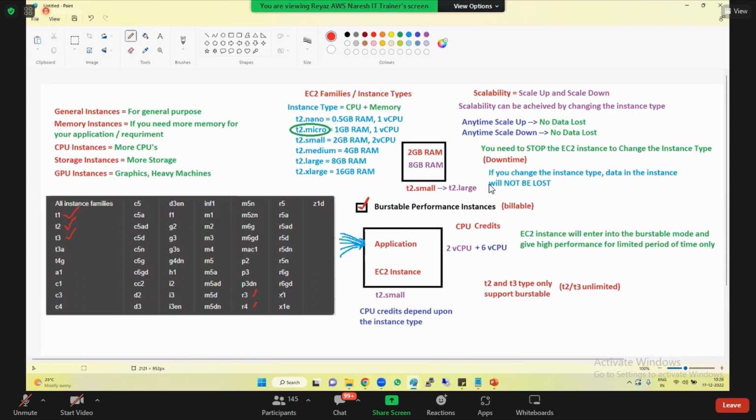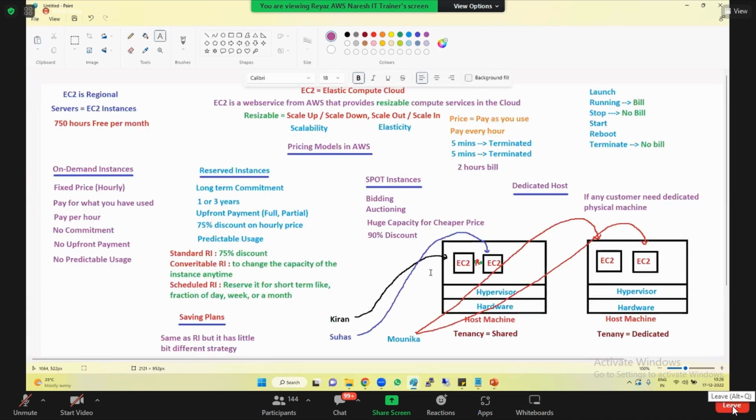Okay, try it out and then you can share those details in the group so that other people can also do it. Okay, take the screenshot, guys. Once you're done